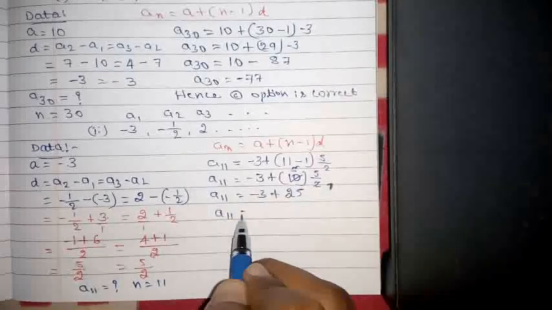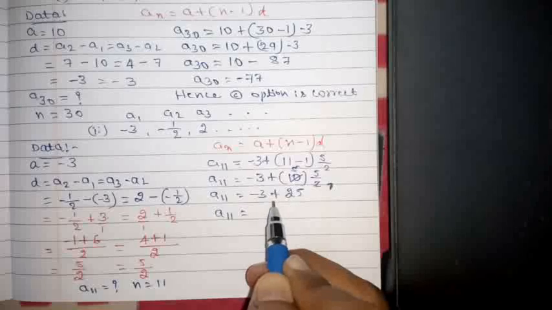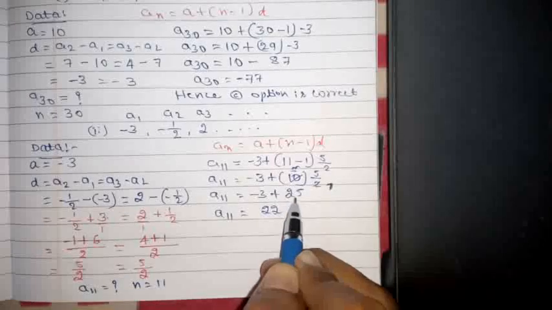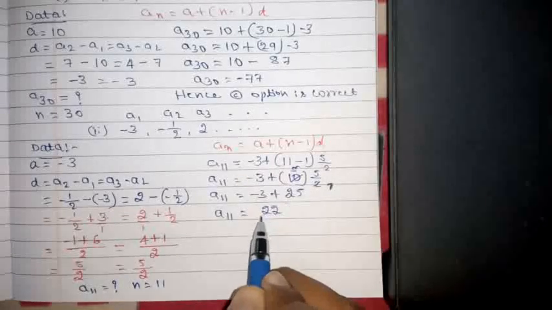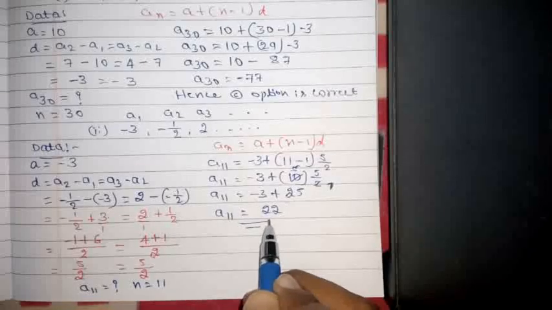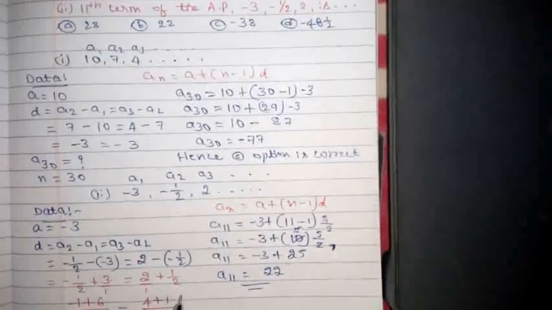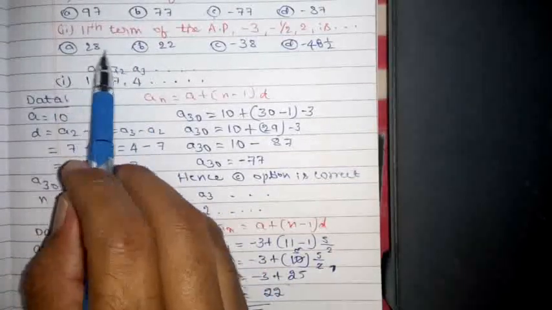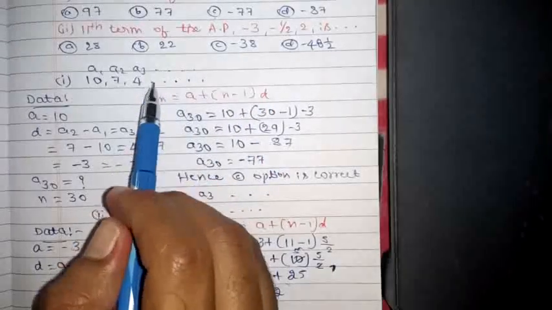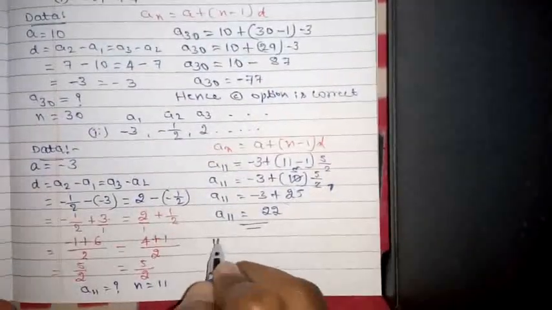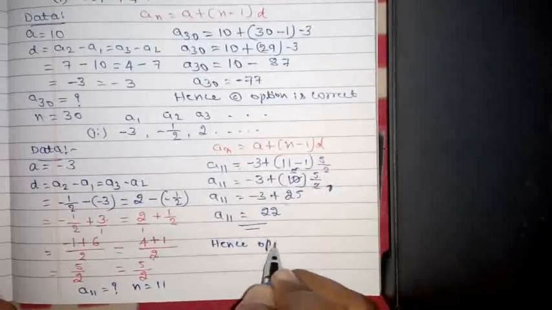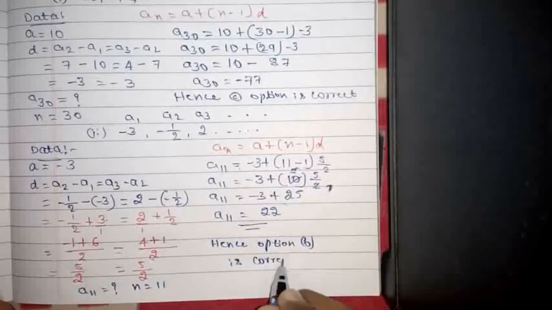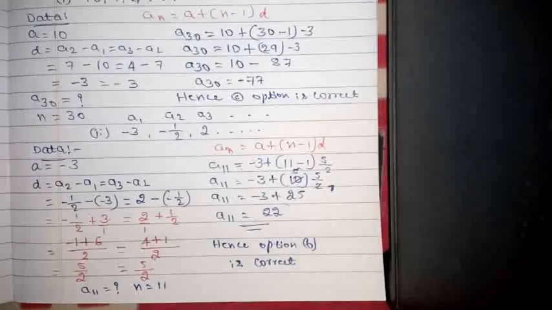So therefore a11 is equals to, minus into plus is minus, you need to subtract it, so 25 minus 3 is 22, the sign of the biggest number 25 is plus, so therefore plus 22, so therefore the a11th term is how much, 22. So therefore which option is right children, just observe here, A is 28, so B is 22, so therefore option B is correct, okay children, and this is how we'll solve the problem.